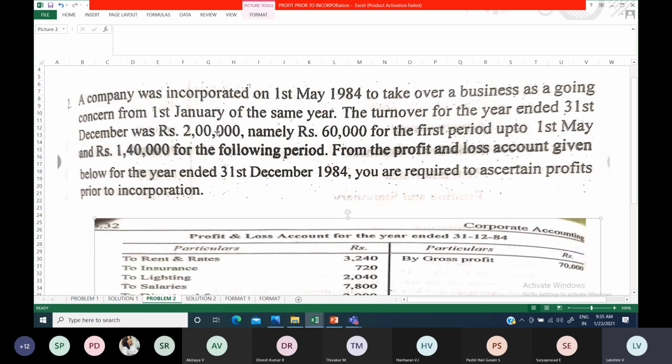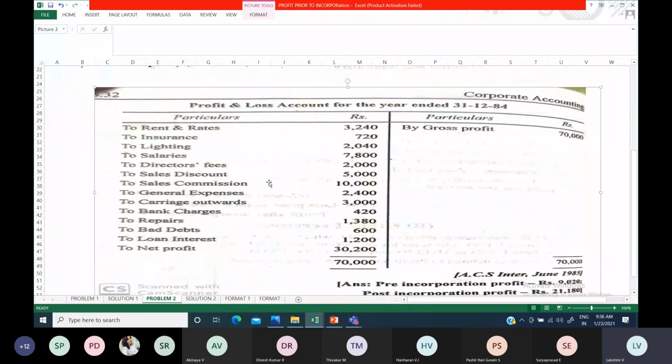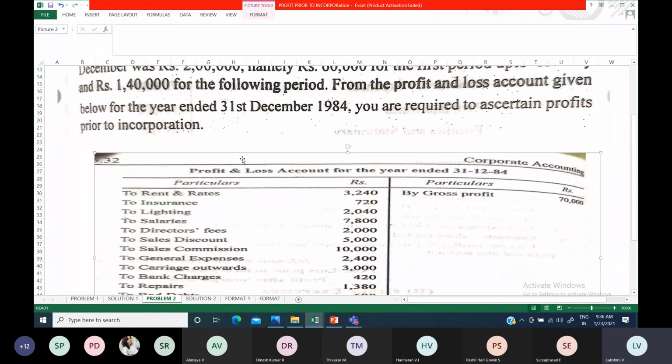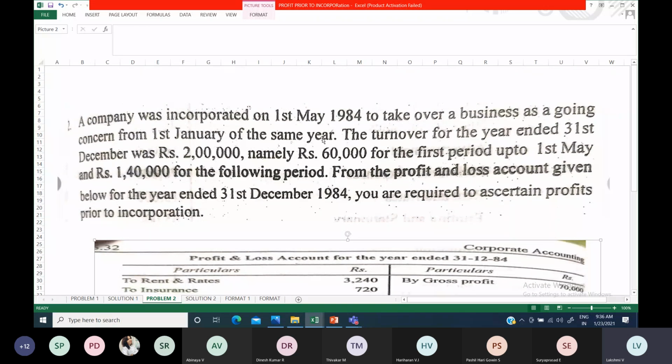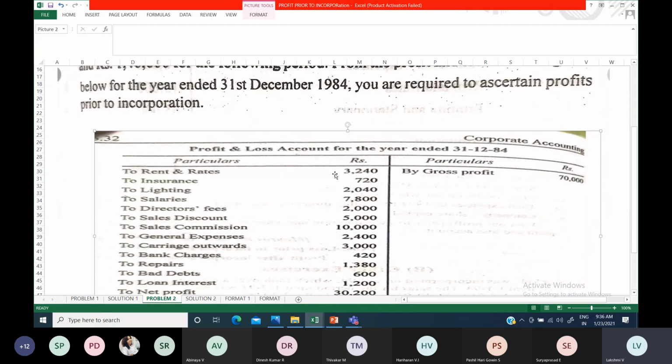That will be your time ratio. And for the sales ratio, they will give the total amount. So for the first period, before incorporation, this much amount, and you can find out the post period by subtracting. Sometimes they will give the two amounts also, with which you can calculate the sales ratio. Only if you calculate time ratio and sales ratio properly can you do your pre-column and post-column amounts correctly. Otherwise, if you make any mistake in calculating the months, your entire problem will go wrong.